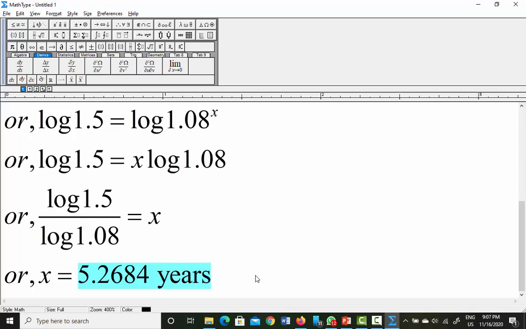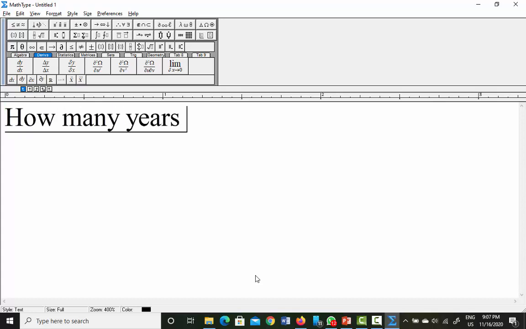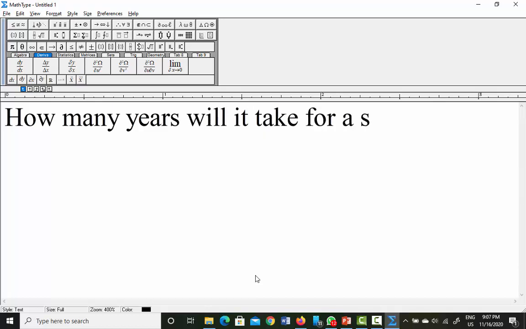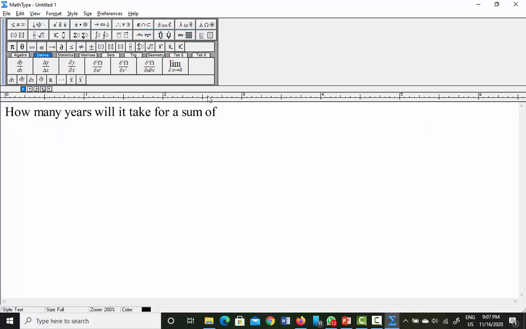Right. So let me change the question now. Suppose the question is: how many years will it take for a sum of money to multiply into 5 times,